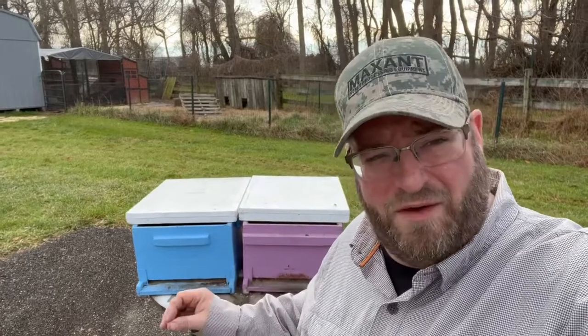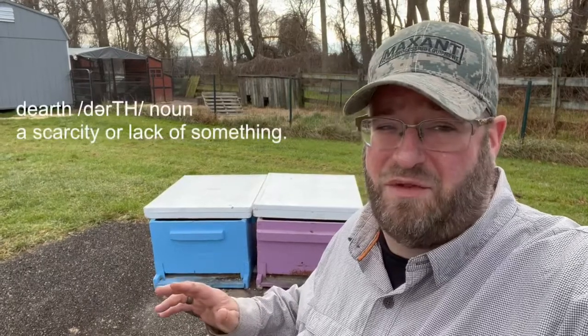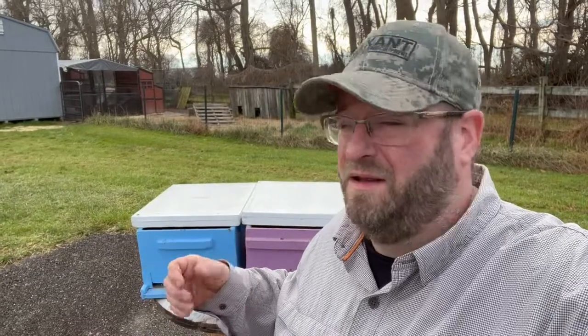If you are overwintering bees in a colder climate, you know that when you are in a nectar and pollen dearth, there's no resources for those bees to go out and get. Even on a warm day like today, around 50 degrees here on the eastern shore of Maryland, those bees still have no resources. There are no flowers that are blooming. There is no pollen, nectar, anything for them to go get and come back and replenish what they're using inside